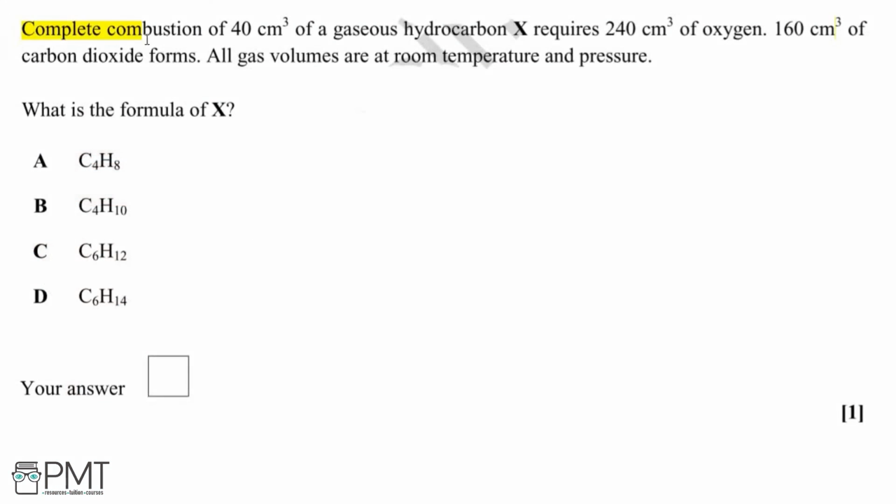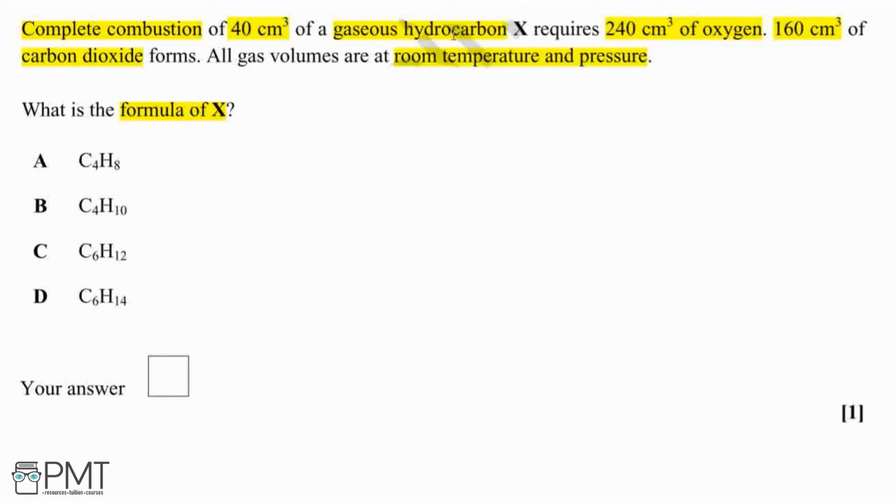This question follows the complete combustion of a gaseous hydrocarbon and uses gas volumes to identify the formula of hydrocarbon X. So we've been told that we've got 40 centimetres cubed of our hydrocarbon and that this requires 240 centimetres cubed of oxygen and produces 160 centimetres cubed of carbon dioxide. We've also been told that all of these gas volumes are at room temperature and pressure, and what we know